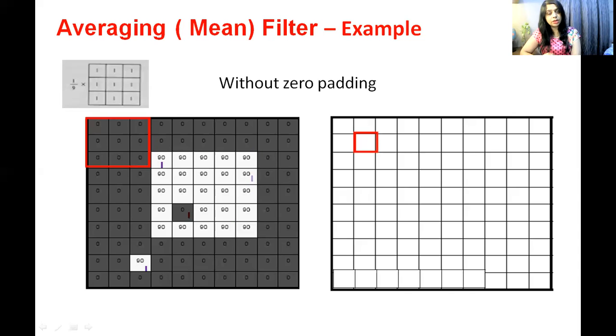You can see there is a clear boundary between black and white, and what the averaging filter does is blur these boundaries. Now let's see how to do it. The first mask position is like this. So you have to multiply every pixel with its pixel intensity and add. That means 1 into 0 plus this 1 into 0 plus this 1 into 0, and so on. After multiplying with zeros, obviously the answer is 0, and then divide that answer by 9.